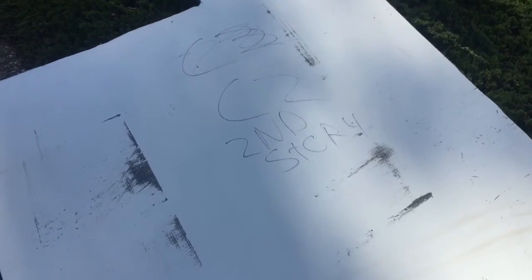Okay, so another good thing is that these are labeled. So C2 second story. So I'm assuming there's like C1, C3, C4. So when we get to that time in October, I'll probably do it a little earlier just to lay it all out, make sure I'm not missing any pieces and have to build any from scratch. But we'll lay these all out, figure out how it all goes up, how it's going to match here. If I have to build any kind of custom